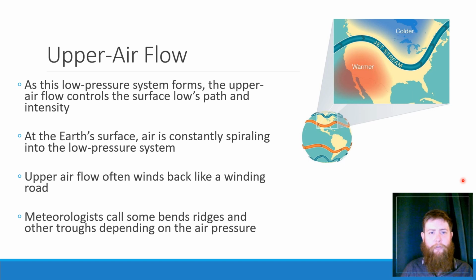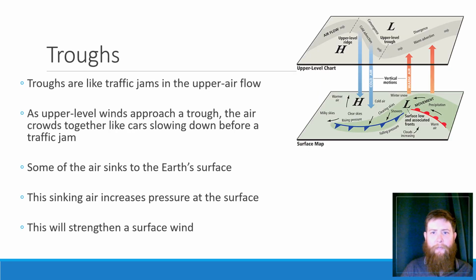But a lot of this is due to upper airflow. As we get these low pressure systems forming, the upper air is still going through the jet stream there. So the high pressure from the jet stream is spiraling down into the low pressure area around the Earth. Remember that the Earth is going to warm up faster, especially in the summer. And this hot air is going to try to escape back up. As we get this flowing through, we get what are called ridges and troughs, depending on the air pressure.